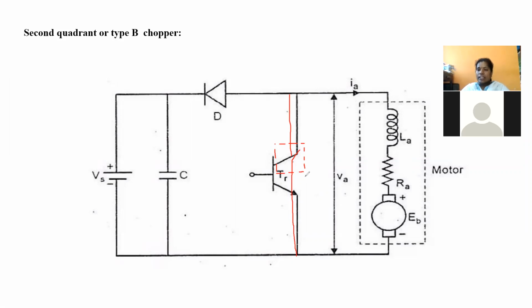First of all, see the circuit and tell me, when the supply is given, is the chopper going to be in the on state, right or not? For all the circuits, in the first quadrant chopper also, we simply know that with the help of the supply voltage, our chopper is turned on. Now think once: with respect to the supply voltage, is there any possibility to turn on the chopper circuit? Anyone from you? Please respond.